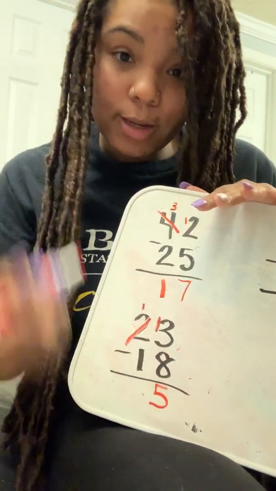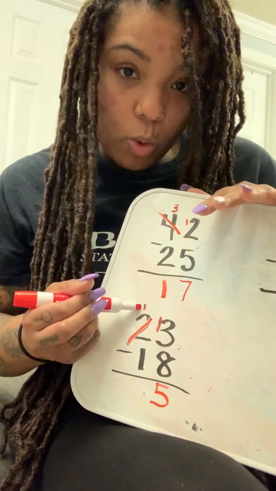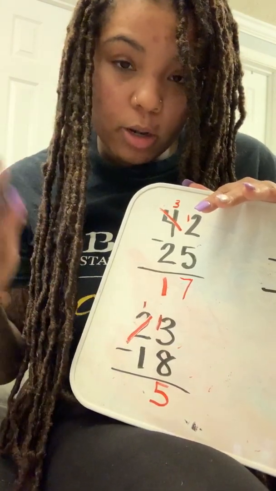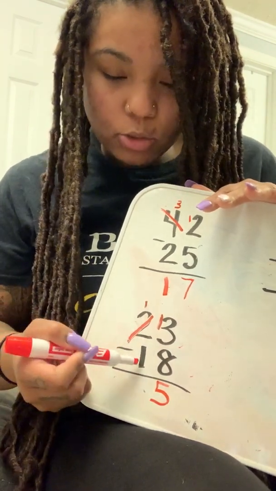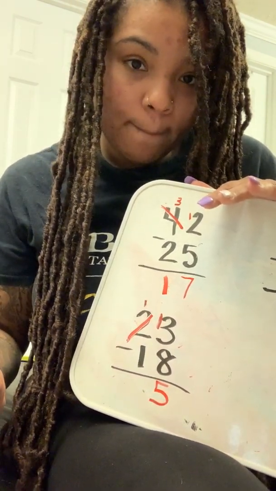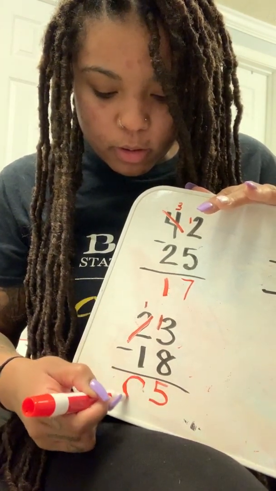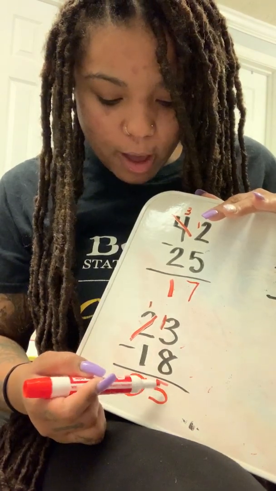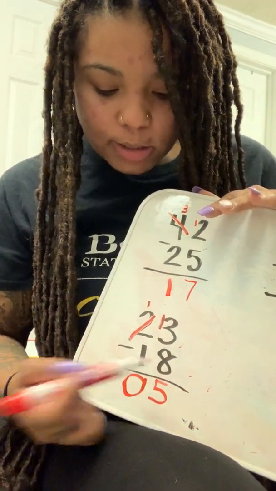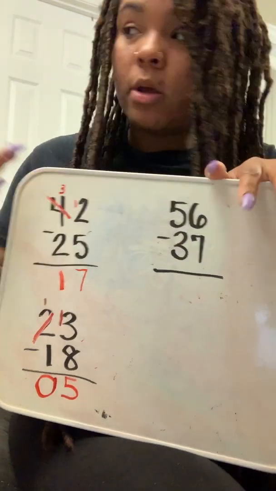Now I can come over to my tens place. Now remember, this is no longer 2. It is a 1 because the neighbor had borrowed. Okay? So now we have 1 minus 1. What's 1 minus 1? 0. Very good. So our answer is 5. So we have 23 minus 18 equals 5. Okay, let's do one more. We have